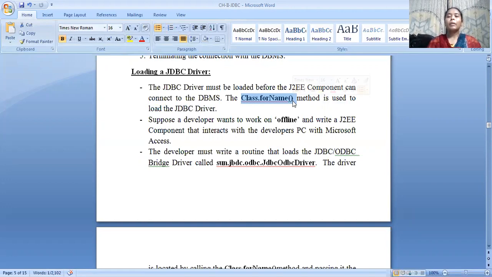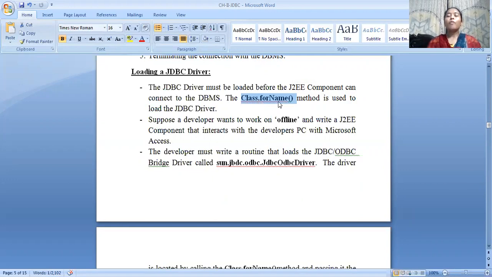By this method, we can load the JDBC driver. If the developer is offline, the J2EE component or JDBC interface interacts with Microsoft Access. If it is online, it uses the predefined method Class.forName.